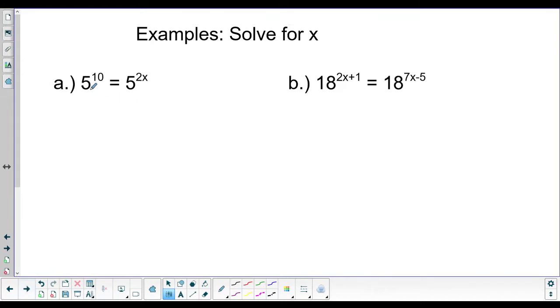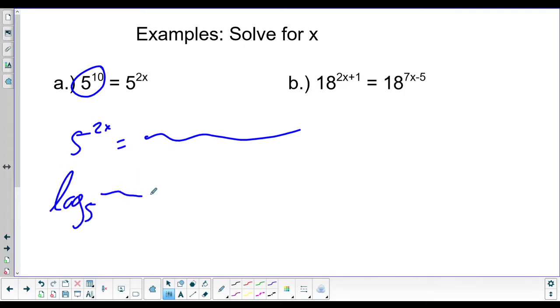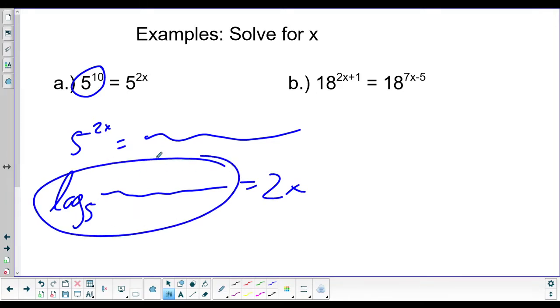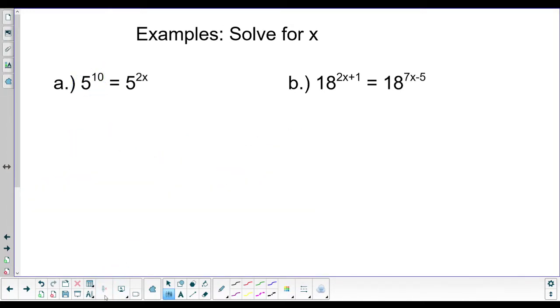Let's look at this. We have 5 to the power of 10 equals 5 to the 2x. Now what we could do is do 5 times 5 times 5 times 5, 10 times. And then we could take whatever huge number that is, and we could say 5 to the 2x power equals the big number, and then we could rewrite it as log base 5 of the huge number equals 2x. But that's too much work, because you have to put this in your calculator, and this is much simpler than that. What we can do is say, since they're the same base, the exponents are the same,